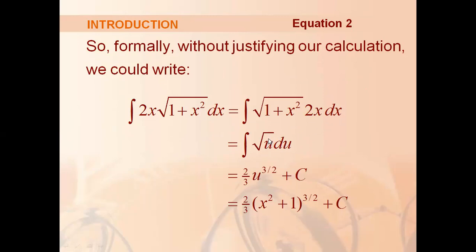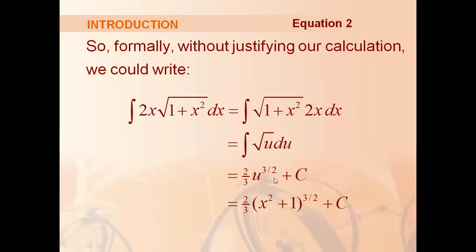So root over u can be written as u to the power half. Here u is the variable. We have to integrate this with respect to u, not with respect to x, because we have substituted the variable u. So u to the power half plus 1 divided by half plus 1. The x to the power n formula is x to the power n plus 1 divided by n plus 1. Using this power rule, we get the integration with respect to u as u to the power half plus 1 divided by half plus 1.